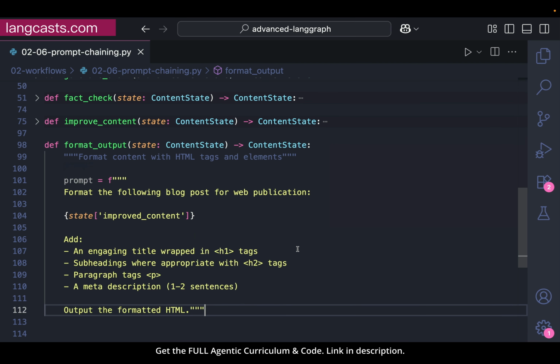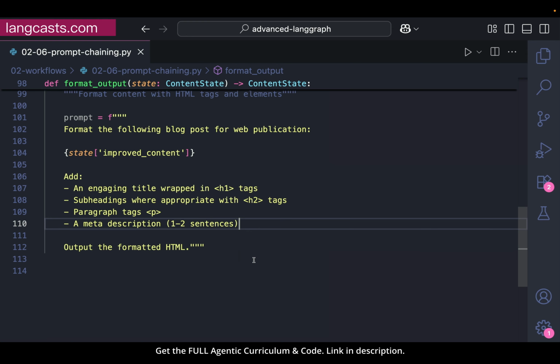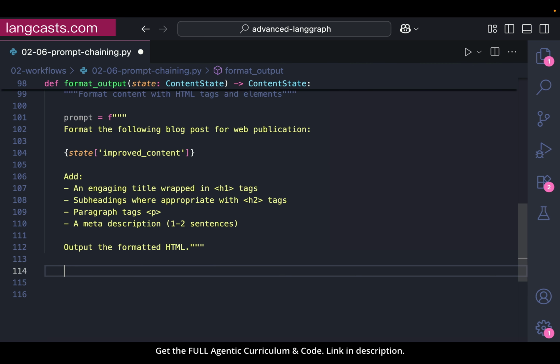So I'll paste in the prompt, and the prompt says format the following blog post for web publication. This is the improved content. That's what we want to send in, and we want it to add an engaging title wrapped in H1 tags, subheadings where appropriate with H2 tags, paragraphs definitely use the P tag, and we want a meta description, probably the meta tag. Then the output needs to be formatted as HTML because we just want to take the output and push it straight to our website. So we take this, then say final equals